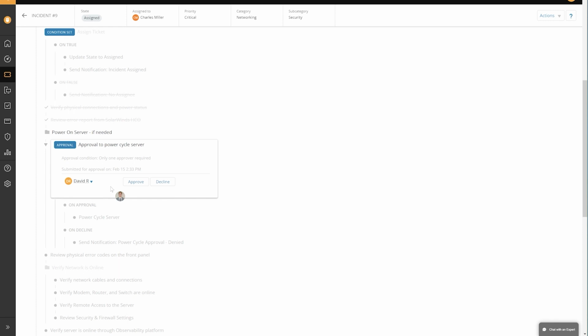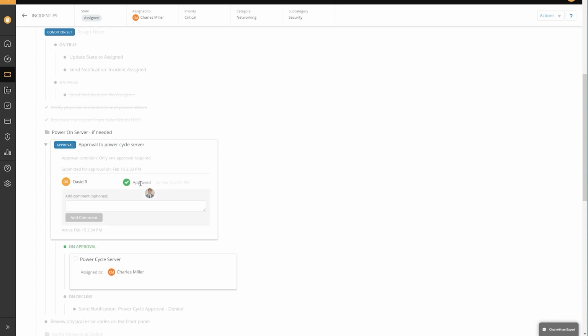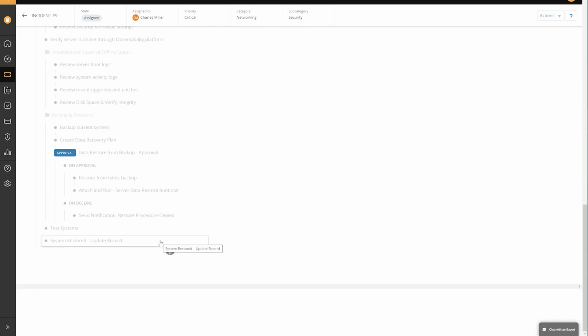So the appropriate approvals go out. That user or that team, I know we've sent these to individuals, but they can also be sent to groups of people so that multiple people get notified. Or in an approval scenario, if David can't get to it right away, or if Charles can't get to it right away, or Will can't get to it right away, we can send it to a group of all of them. So the first person who can take action can approve. And then it moves us again to that next step.